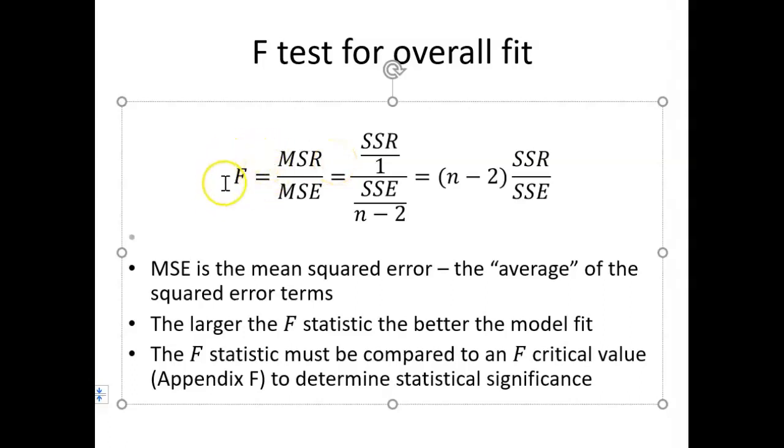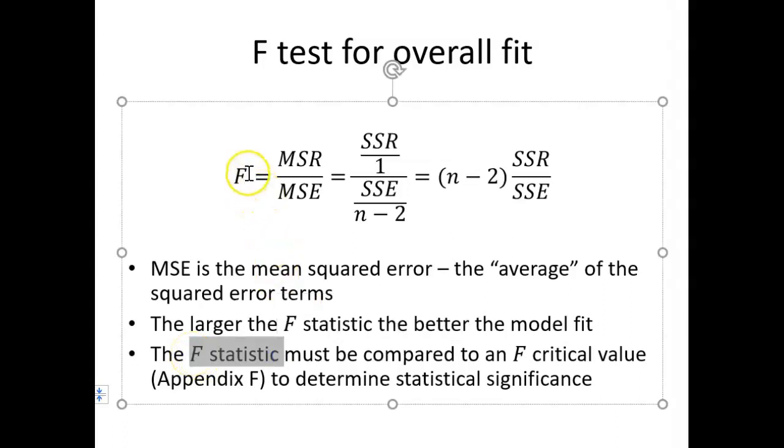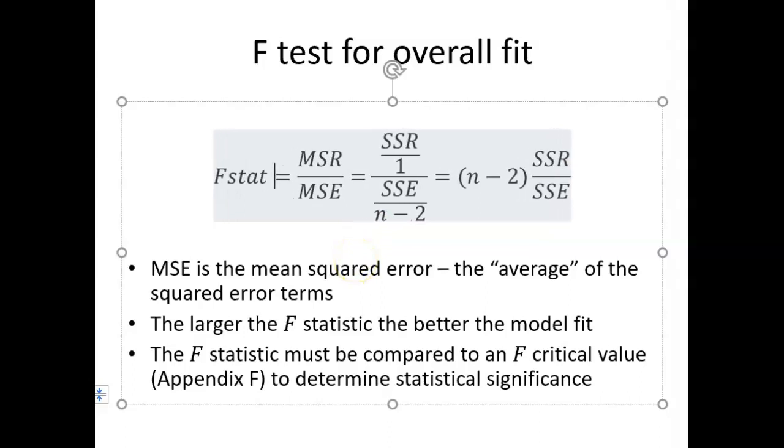Okay, so the F statistic is the ratio. Intuitively, you'd think of the F statistic as a ratio of the explained variation to the unexplained variation. So as this ratio increases, as it gets larger, that is telling us that the model has a better fit. Okay, and this F statistic, computed up here,